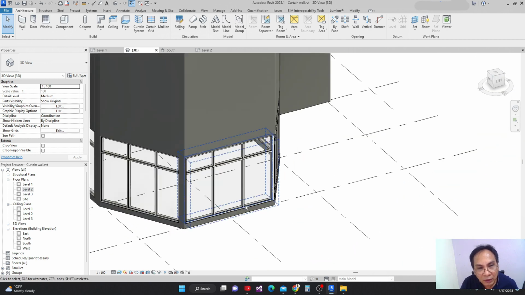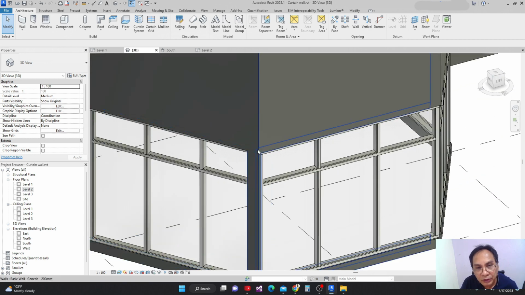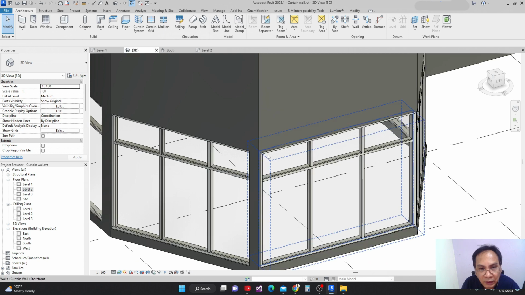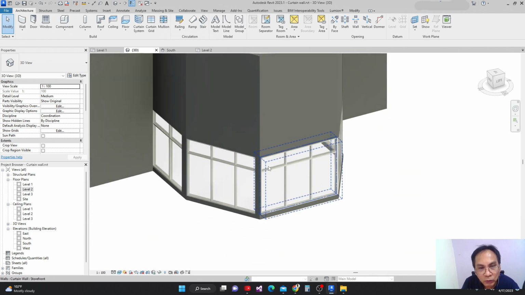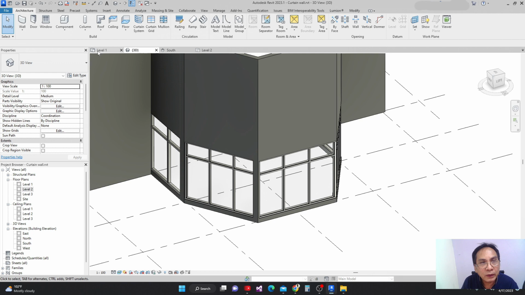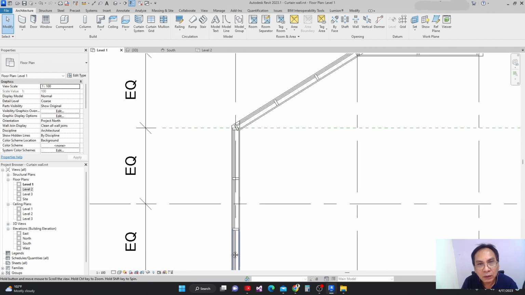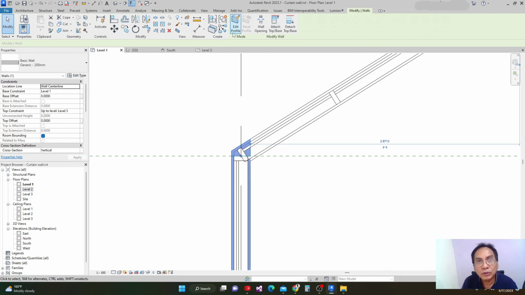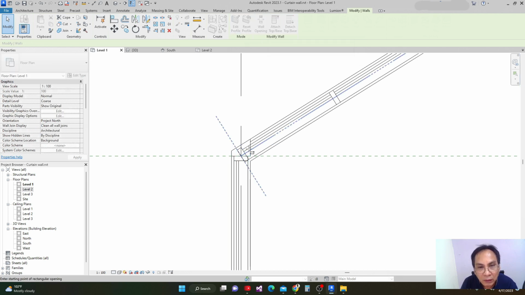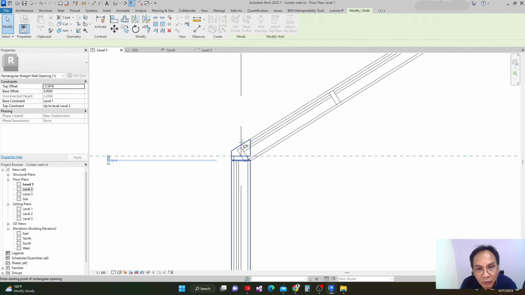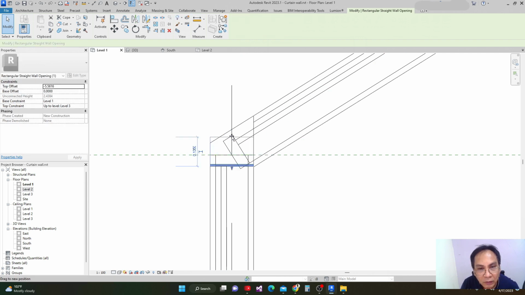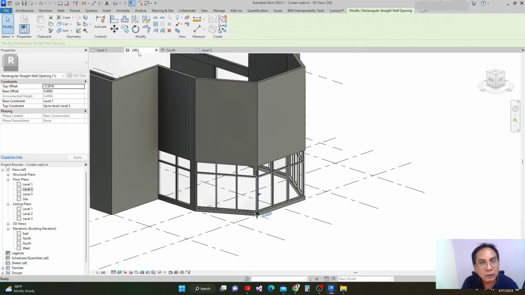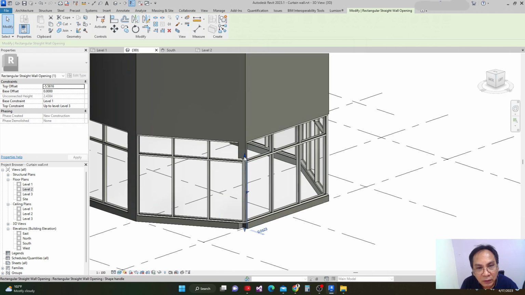Okay, and then the other one, I'm going to remove this wall again here so that these two mullions will show. Then I'll go back to my level 1 again, and here I select this, and what I'm going to do is draw a wall opening again, and I draw wall opening going here. So I'll just drag this here and then go to 3D, and I have this, and then go up to the point where